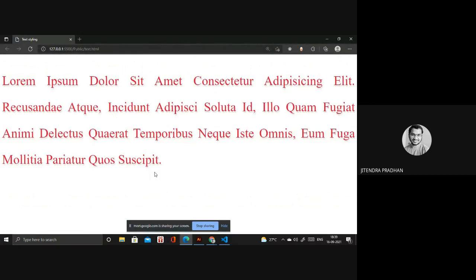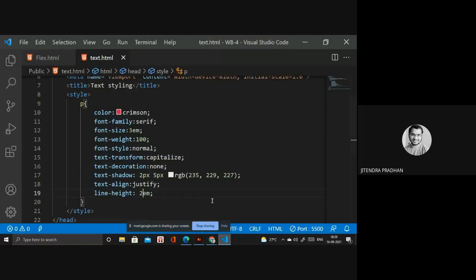Next we have to go to font. We have letter spacing and word spacing. Letter spacing means, you know that in a word we have many letters, 5 letters or 4 letters, whatever is there inside it. If you want to increase the space between them, then you have to use letter spacing. And word spacing we use for the space in between the words.